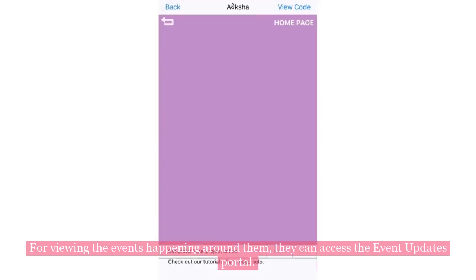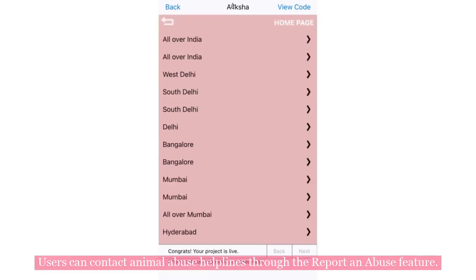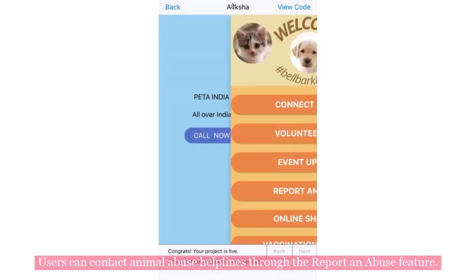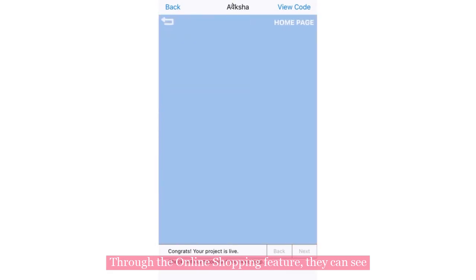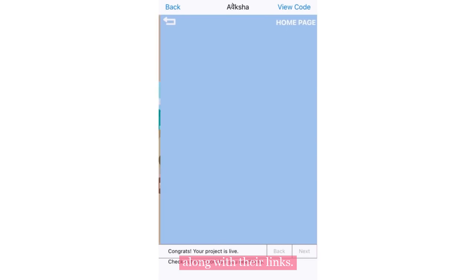For viewing the events happening around them, they can access the event updates portal. Users can contact animal abuse helplines through the report and abuse feature. Through the online shopping feature, they can view lists of online stores and Instagram pages offering pet accessories and supplies